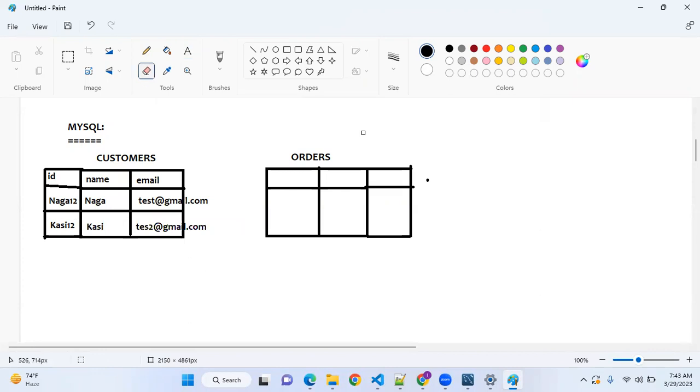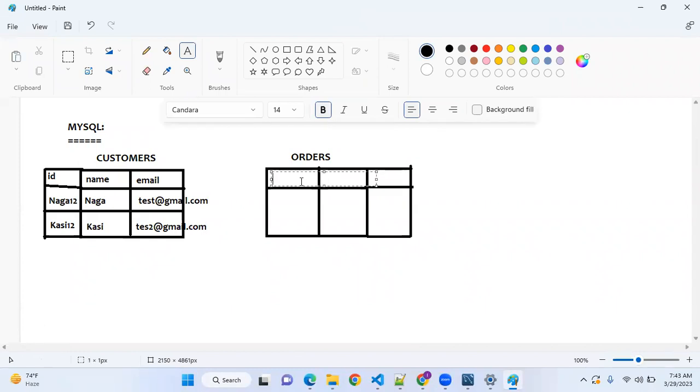So now the customers are registered. I have registered to an Amazon account today, and I have not ordered anything. So do I have some orders in this table? Please be with me for 2 minutes, guys. I want you to really understand this relation.